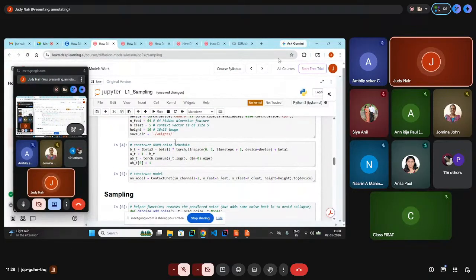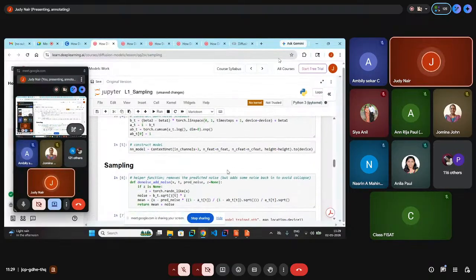So this is how the DDPM noise schedule, which I just told you, is used here. This is the equation. You get beta 2 minus beta 1. If you calculate, beta 2 is 0.02 minus 0.001, divided by the number of time steps. That is how much to increment at each step, given by this equation, because it's a linear schedule. You can plot and see the values. It is actually incrementing linearly.